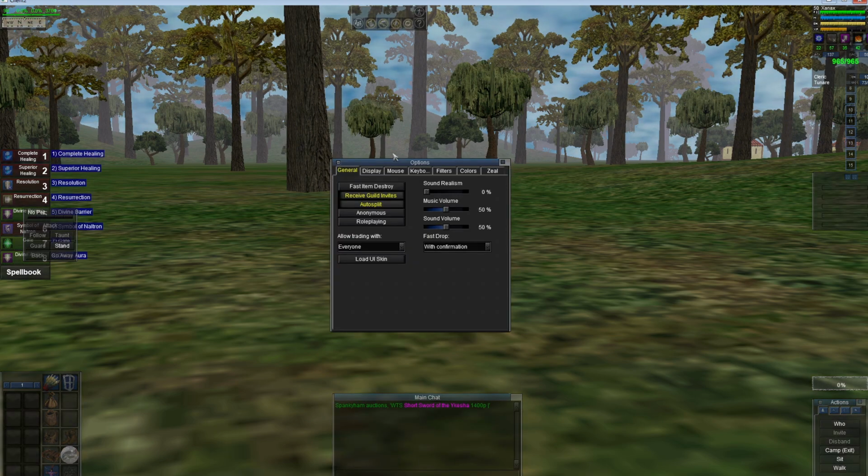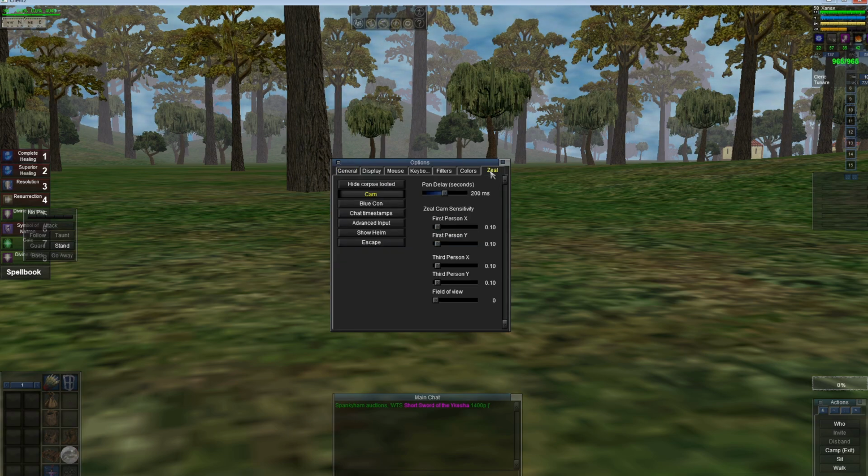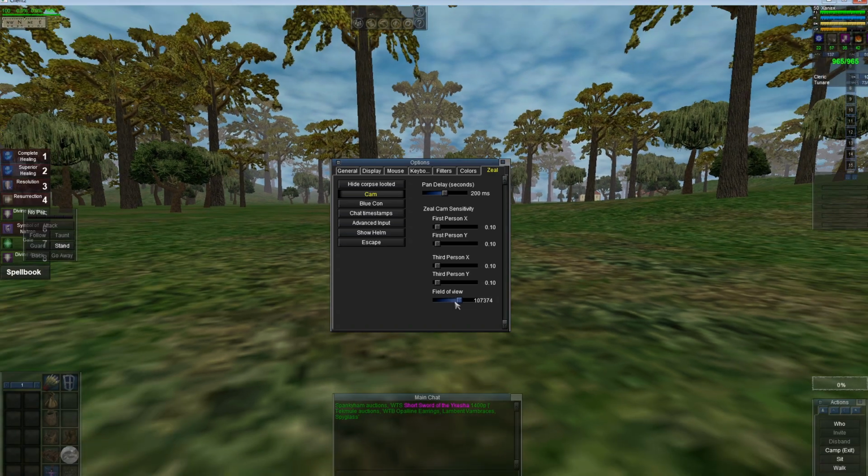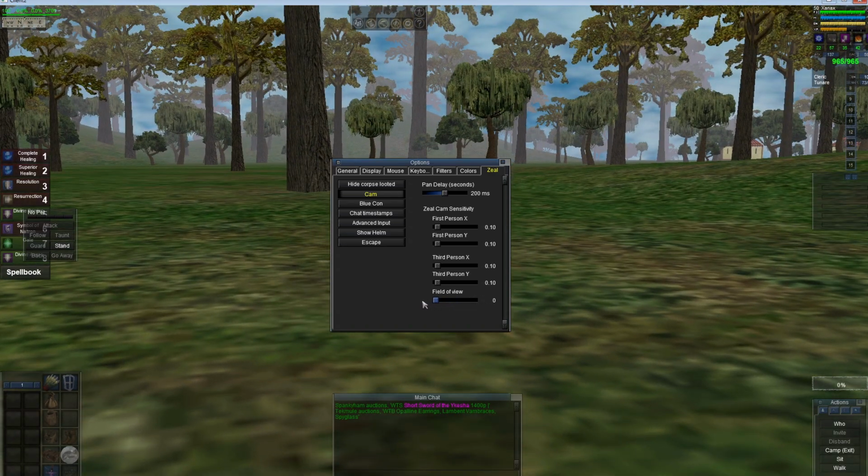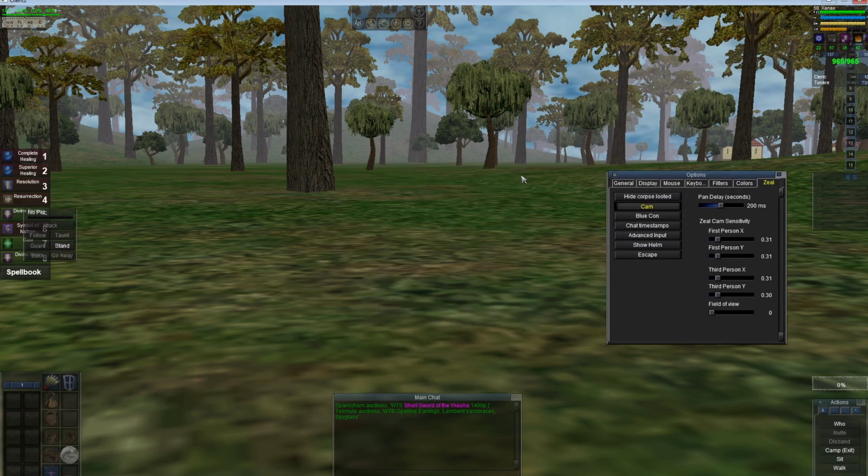Now I'm going to hit Alt-O again. You can see we have a Zeal tab. So from here, I want to change some of these options. The field of view is new today. It is a little extreme for me, so I'm not going to mess with that too much. I like to change my third-person views and my first-person views down to about 0.3, as close as I can get it. Pan delay. What pan delay does is